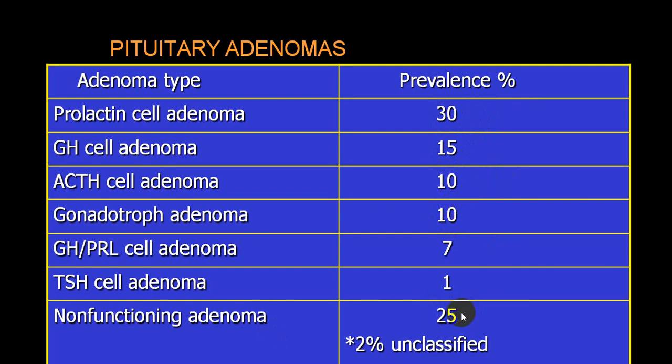65% and 25% are non-functioning. And when they are non-functioning, usually they do not produce hyper or hyposecretions by themselves. But because of the tumor, the surrounding structures are compressed and they will always produce hypopituitarism, depending upon which cells are compressed more. Plus the tumor will produce a space occupying lesion, raise intracranial pressure, and that will have an effect on intracranial pressure and surrounding structures.